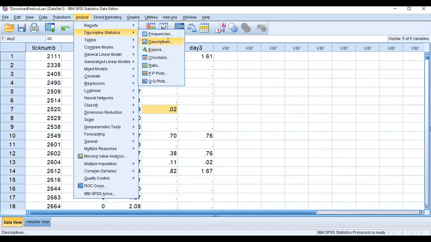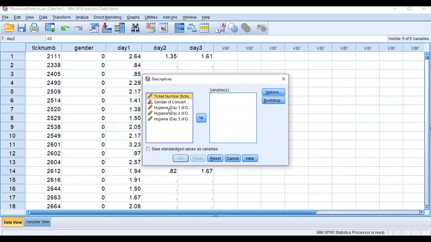Okay, so in this Descriptive, I am not selecting all the 3 variables, I am taking only one variable. Here one variable, I want to know the descriptive statistics of day 1. Okay, so this is the option. Here I want to know